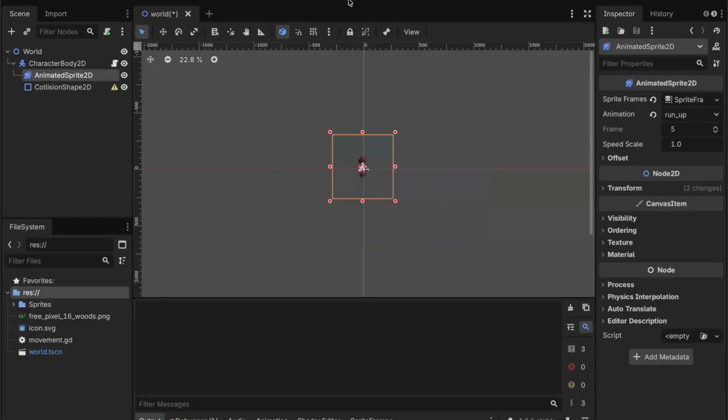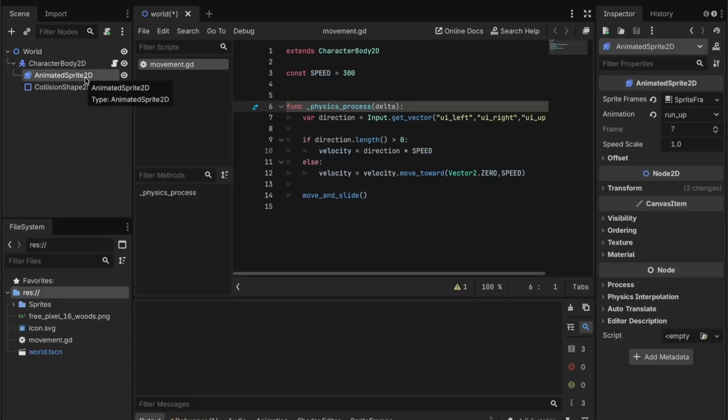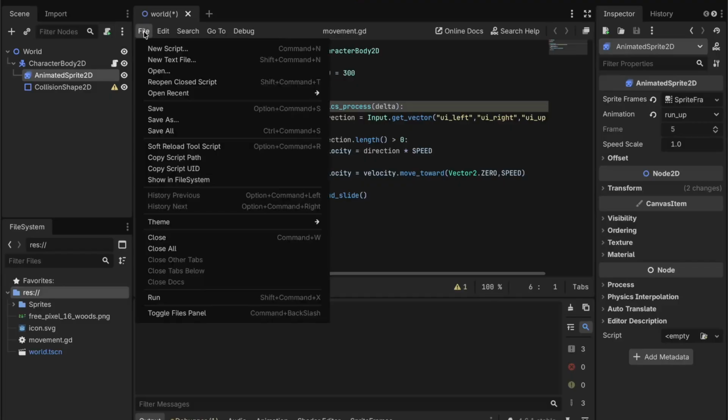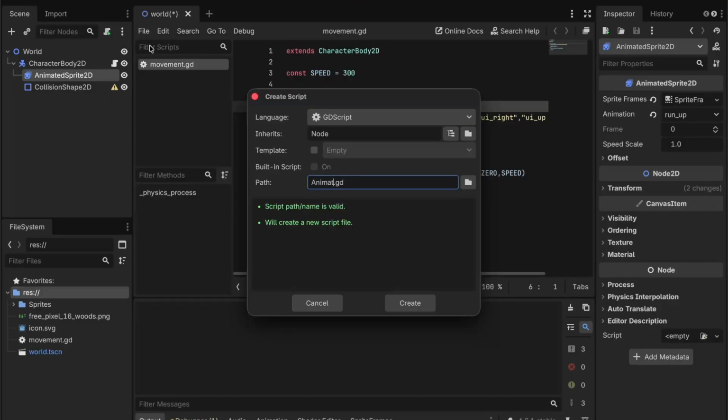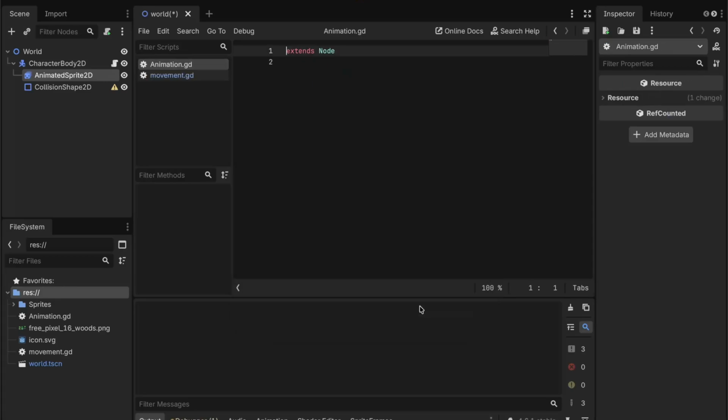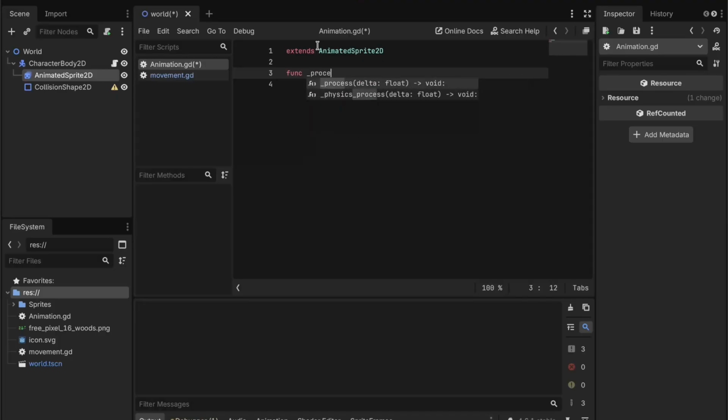We're going to head back over to script, make sure Animated Sprite 2D is selected, and then you can either click this button or go to File, New Script. We're going to name this Animation. Extends AnimatedSprite2D. This is going to give us permission to work within Animated Sprite 2D and access all of our sprites. Func _process